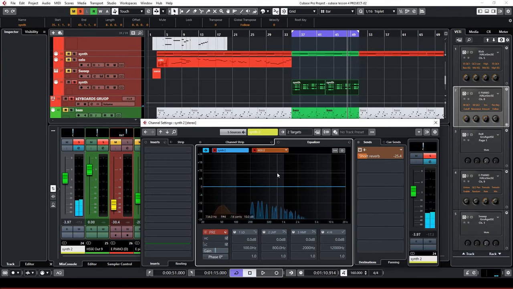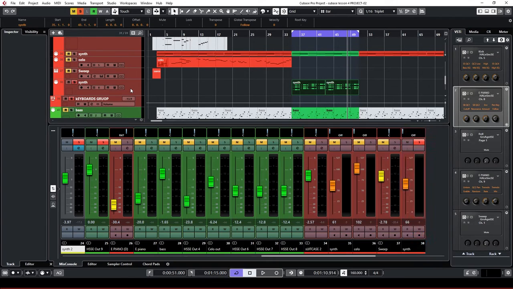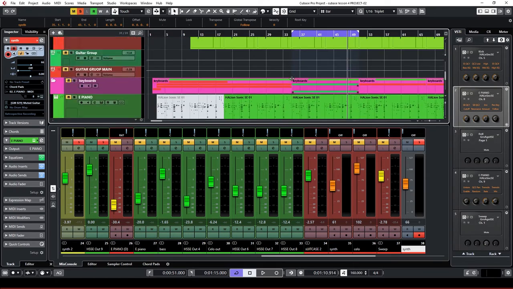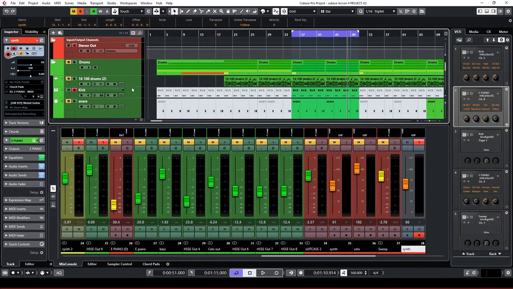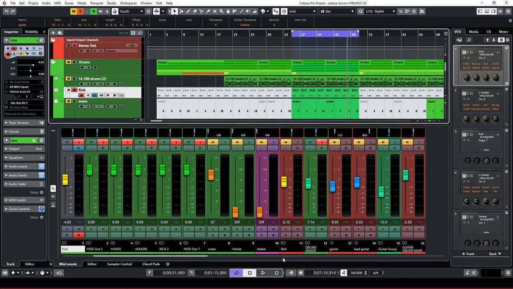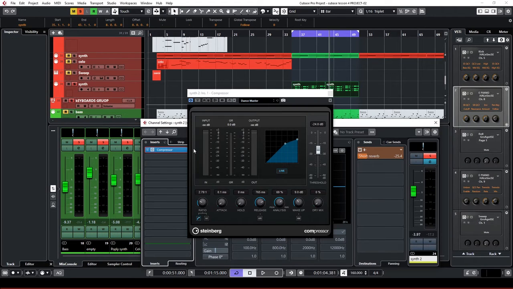So looking at how the thing is playing, I may leave it like that, but what I'm going to do is sidechain this synth to the kick. So we are going back straight to the second kick, and this is our second kick over here. This is the channel for our second kick. So what I'm going to do now is